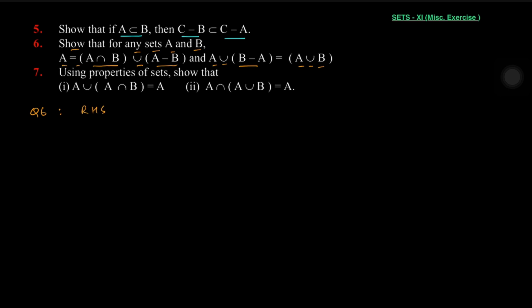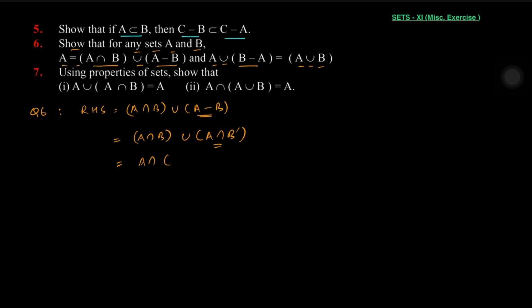So the right hand side is (A intersection B) union (A minus B). So this will be equal to (A intersection B) union (A intersection B complement), as these two are one and the same thing. This will be equal to